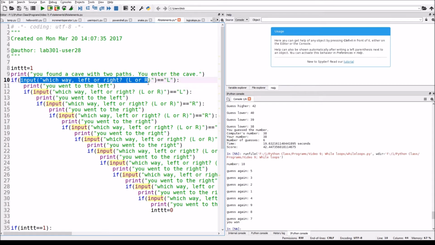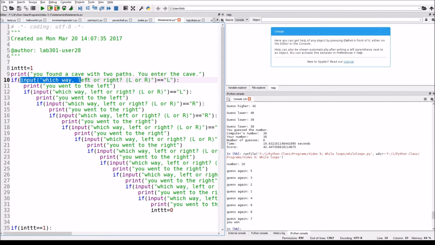So this statement right here is basically checking if our user input, as shown in the input statement right here, is equal to this string right here. User input will always be a string, like we said in the first user input video. So if they say it's an L, that means an L will be in a string, and then that letter L will be equal to the letter L, and this will return,